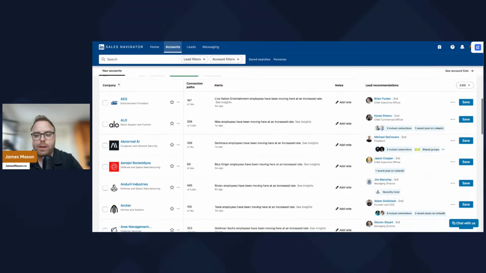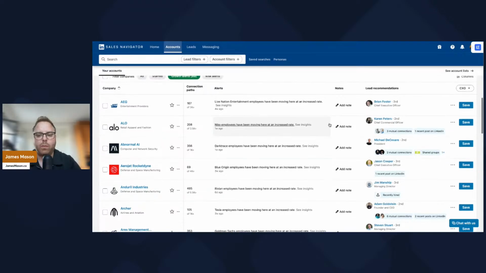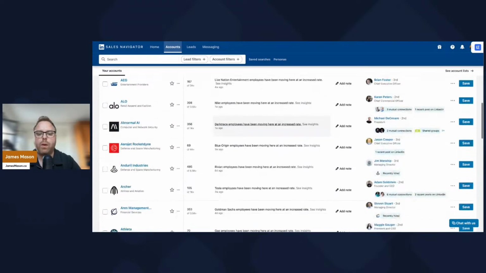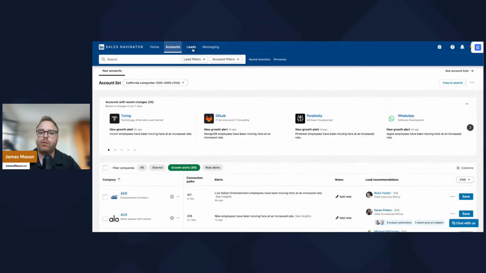So within here, you get to keep track of all these companies, right? When you've done this search, and as you can imagine, for us as a service, we go in here, we find the companies, we clean them up, we make sure we've got the right ones, and then we wait and watch and get notifications on when the best time is to write to one of our clients. So let me jump over to a people search, and I'll share with you how it's different